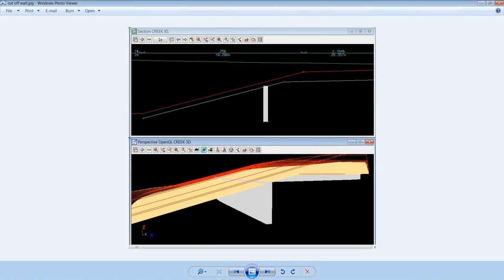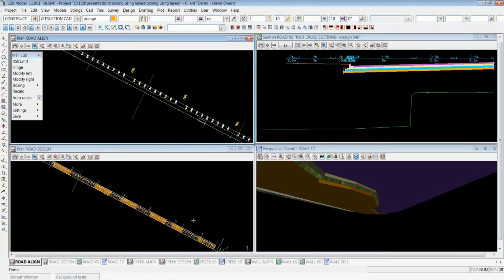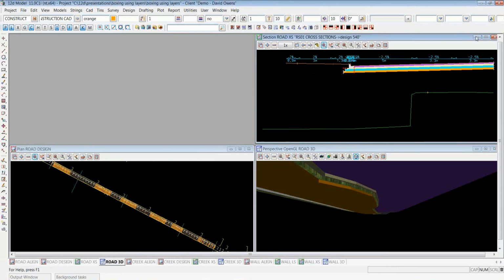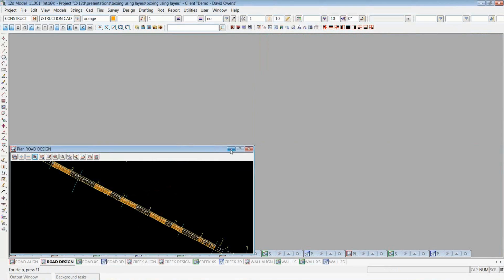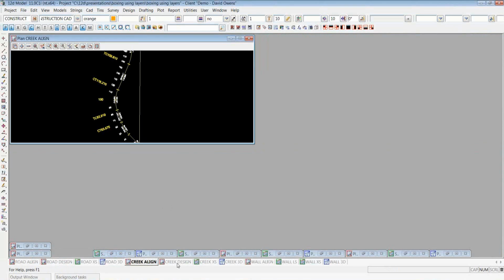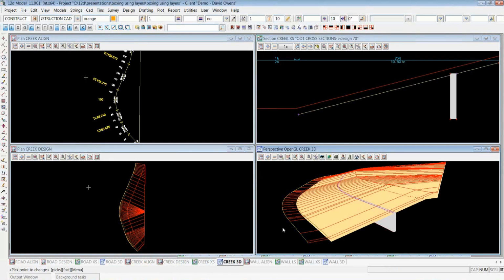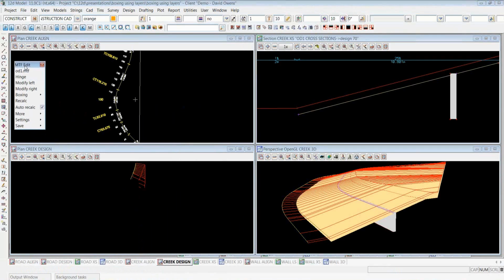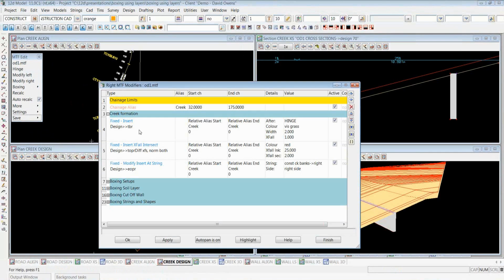And it actually turned out to be a lot simpler than I thought, which was very pleasing. Anyway, so I'll just get out of this one, just get this stuff out of the way for a moment, and bring the creek information back up. Okay, pop open the NTF for this one. And again, this is just a cut down version. I've taken a lot of the really nasty complexity out of it. Alright, so